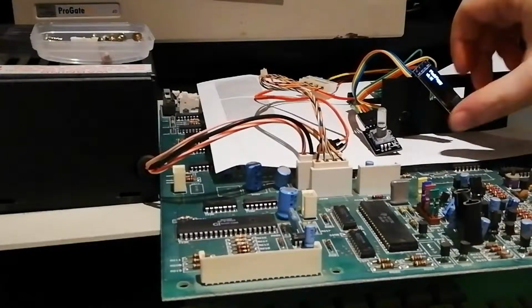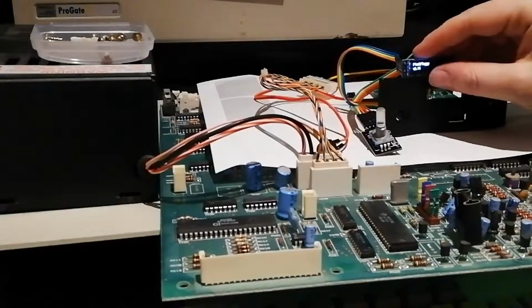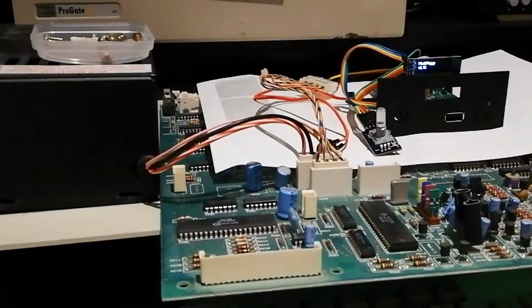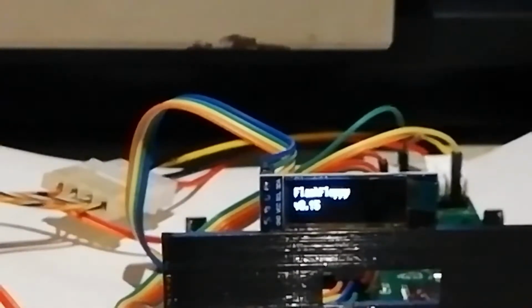Can you see that? I don't know how I can make it any less floppy around. There, look at that. I'll move the camera in a bit closer. Where are we? There. Look, FlashFloppy. Now, does this rotary encoder